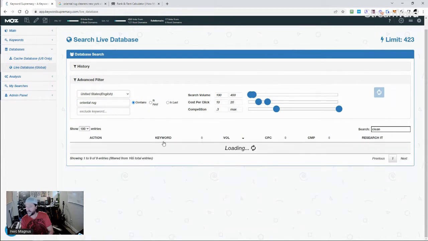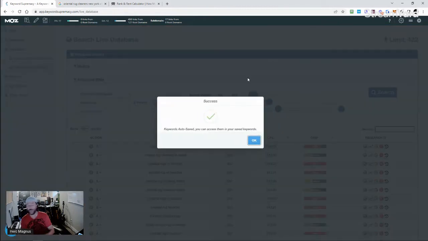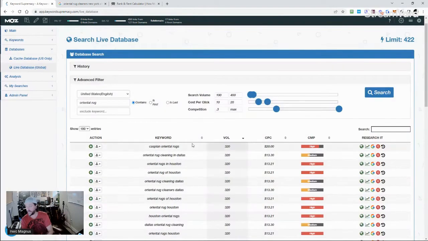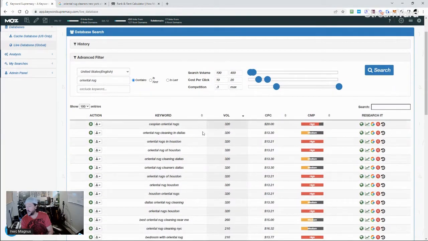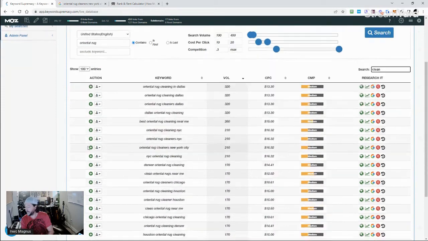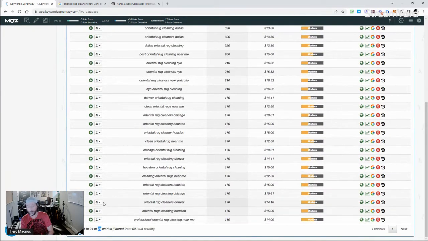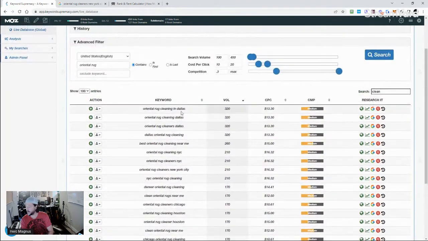So that list that we just had is saved into the My Searches panel so we can access it later, keep going through it. That's one of the advantages of having this tool. Okay. So now we have like Oriental rug cleaning in Dallas. So I'm going to filter down to just cleaning keywords. And let's see how many we have left. We have 24 Oriental rug cleaning keywords. So Dallas,